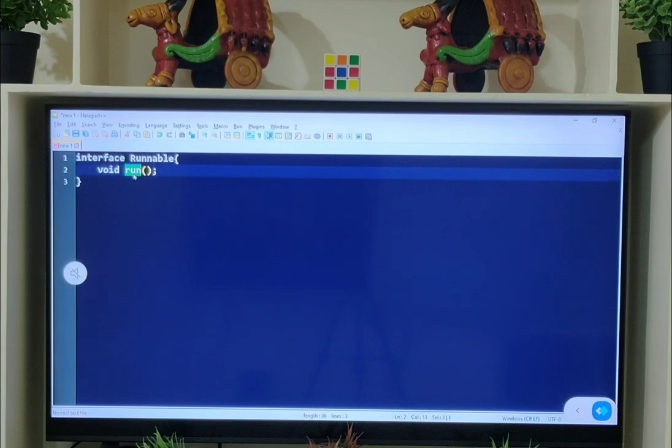This run method will deal with the threads. It is used to run the thread. So as you already know, this run method is used for running the thread. So this functionality exhibits the nature of this functional interface, meaning the work of this abstract method will decide the name of this functional interface.